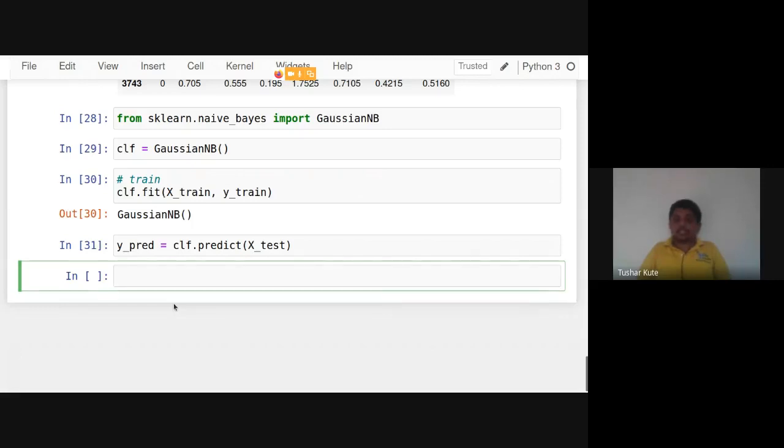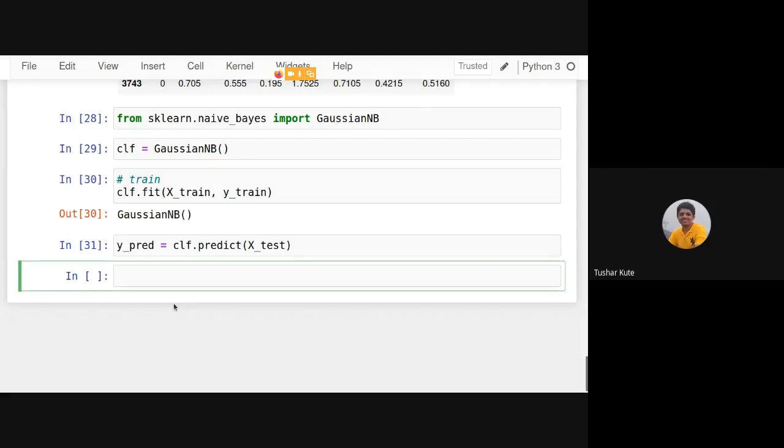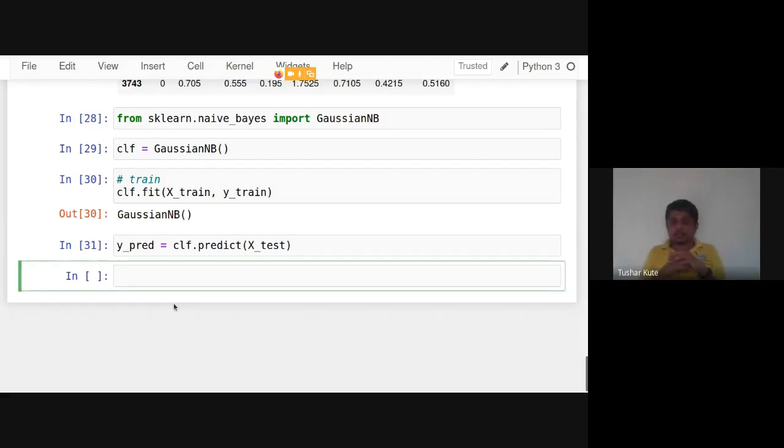y_pred is equal to clf.predict(X_test). So y_pred is predicted by the Naive Bayes algorithm, and originally we have the y_test values also. Now we are going to compare. Yesterday we saw the concept of the confusion matrix, but it is very difficult to view in this case because 20-30 classes are there. Rather than that, we can have a classification report, in which we can see the accuracy score of the algorithm. There is even a function called accuracy_score that we can use.